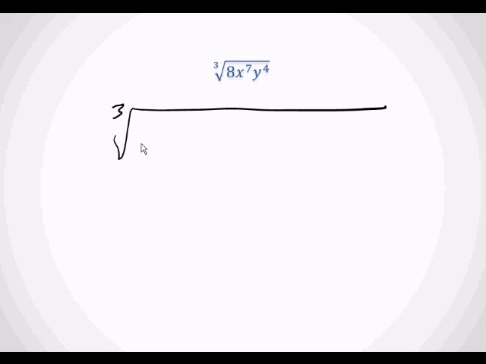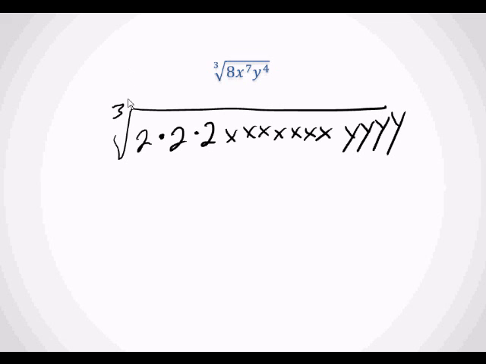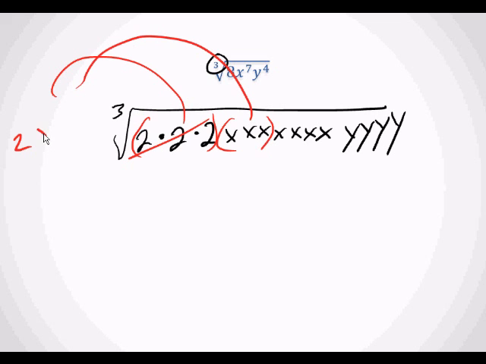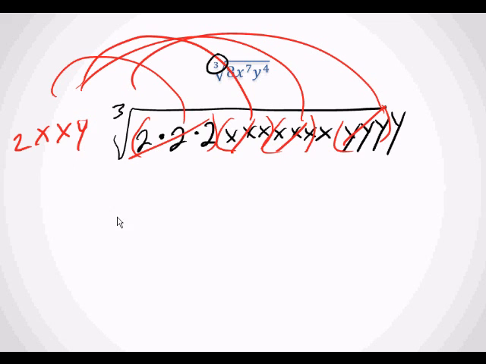And the final problem. We're 1 hour and 15 minutes into this. Remember how I'm going to do this the long way, since I don't see huge numbers. 8 is really 2 times 2 times 2. x to the 7 is x, 2, 3, 4, 5, 6, 7. y to the 4 is 1, 2, 3, 4. Since we're dealing with the third root, you have to group things into 3. You see, I have 3 2's, so a 2 pops out. I have 3 x's, and an x pops out. I have 3 x's, and an x pops out. I have 3 y's,